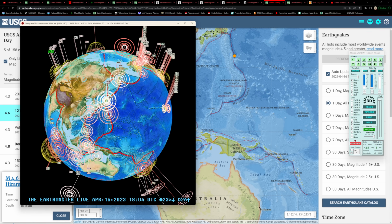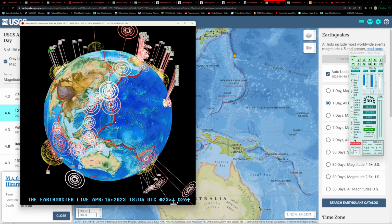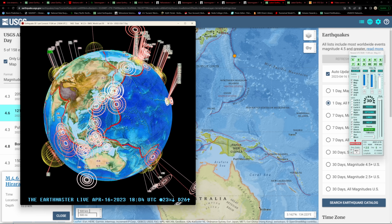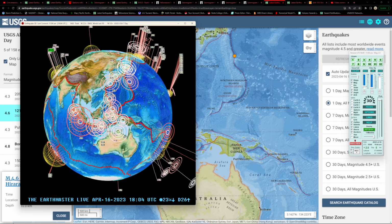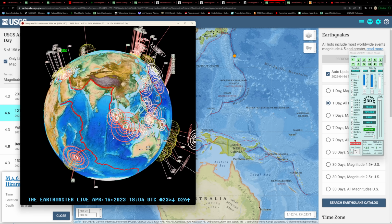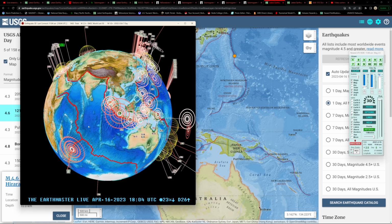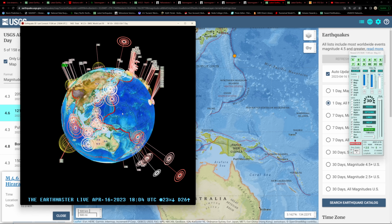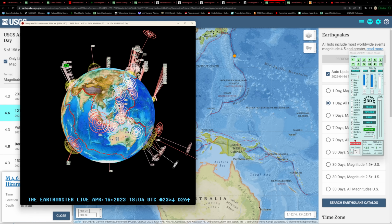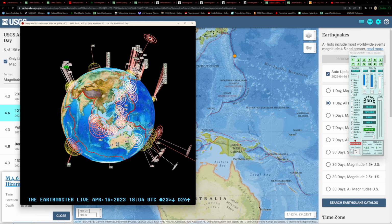It kind of looks like there's a couple more earthquakes here that USGS is not reporting. There's a 3.5 in that area as well, and a pretty good handful of earthquakes across the Philippines and Indonesia, Java Trench region. Definitely much broader today. For the past couple days, most of the activity has been confined here into